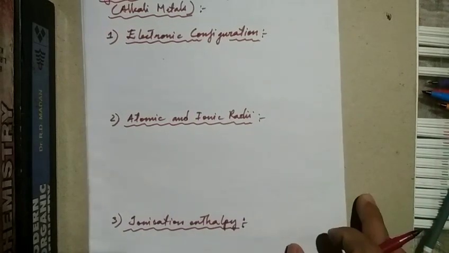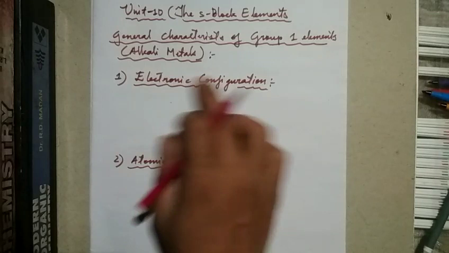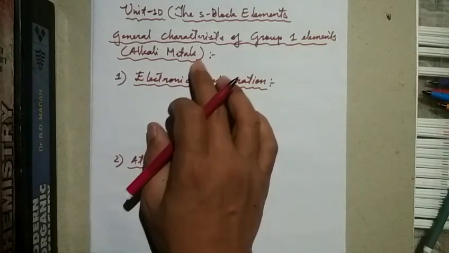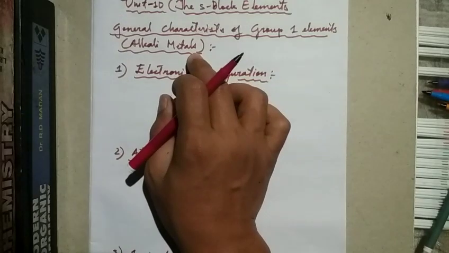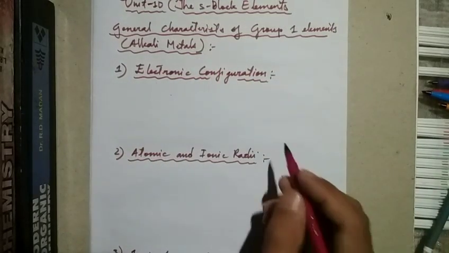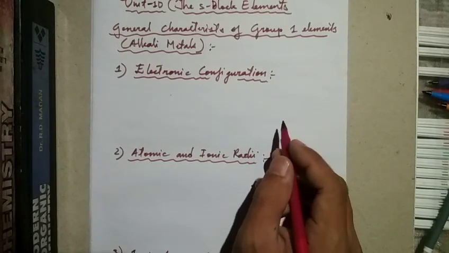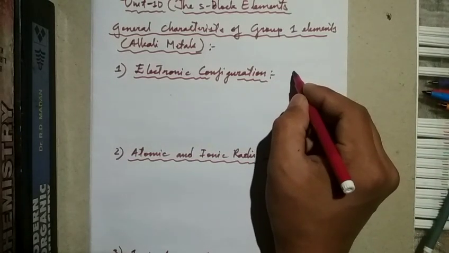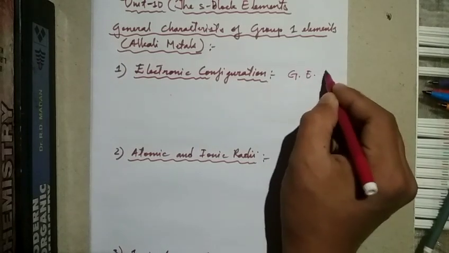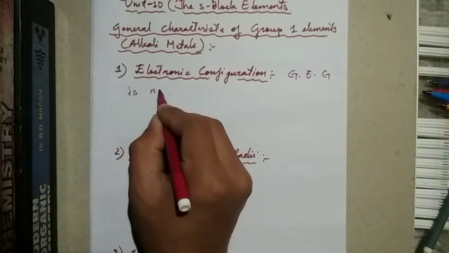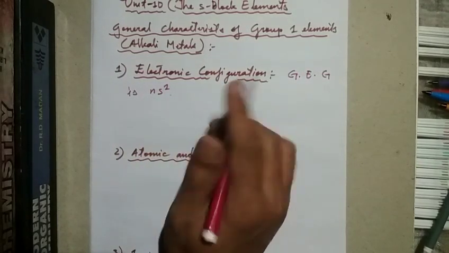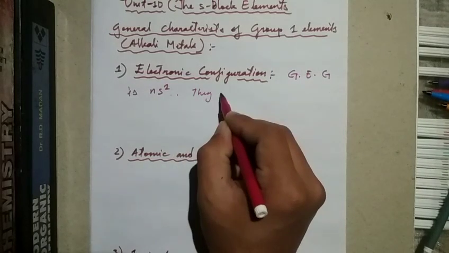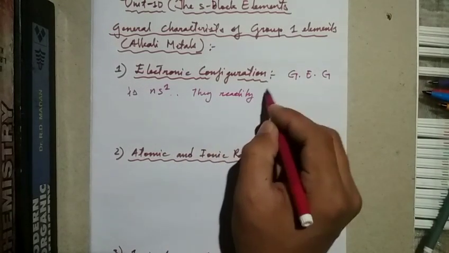Now let's discuss the general characteristics of group 1 elements. As we have discussed, they are also known as alkali metals. We have already discussed the electronic configuration. I'm writing it in short form: the general electronic configuration is ns1. This ns1 means they have only one electron, so they readily, that means easily, lose